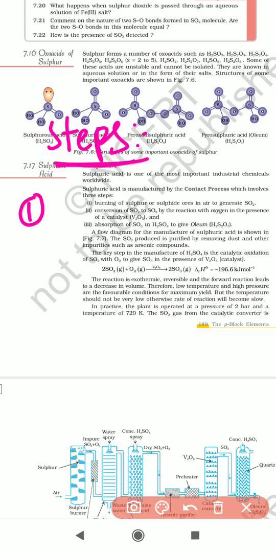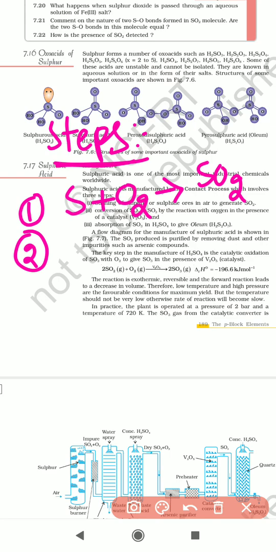What are the major steps involved? The first step is that sulfur or sulfide ores, if you are burning them in the presence of oxygen, form sulfur dioxide gas. Next, the second step, the sulfur dioxide gas formed will react with